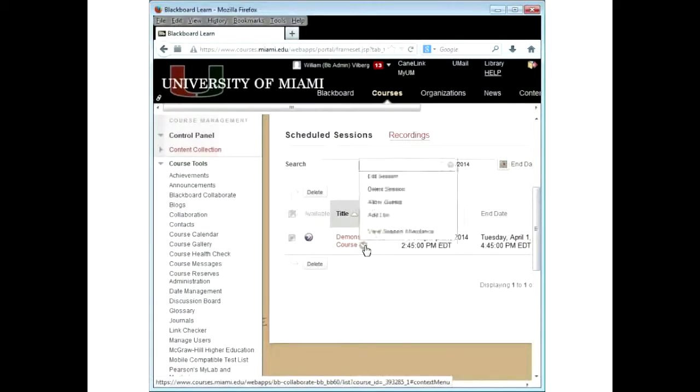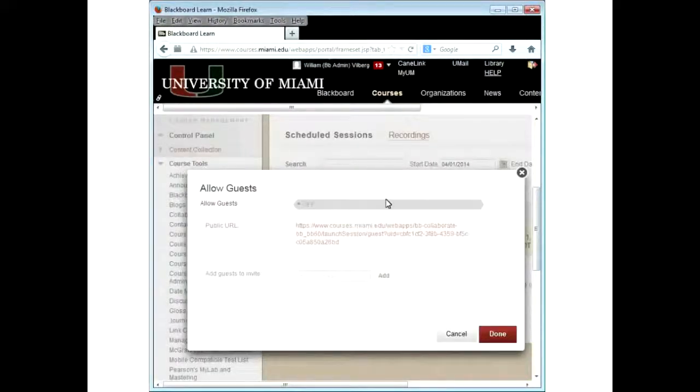But more importantly, there I click on the little downward chevron, the action menu in Blackboard, and I've got a couple things. Allow guests. If I want people that are not part of my class to be able to get to this, I have to, because it's now a graded column in Blackboard, right? But I want other people to get there. I have to allow guests.